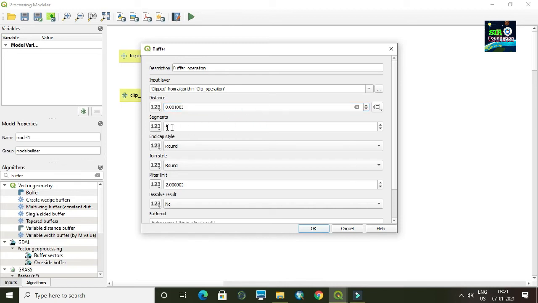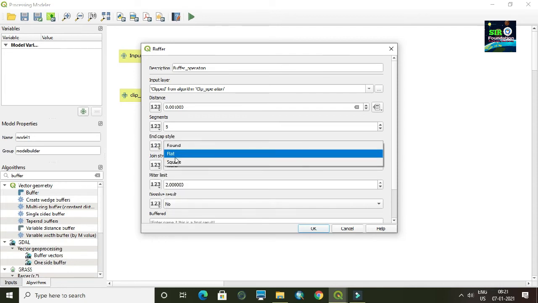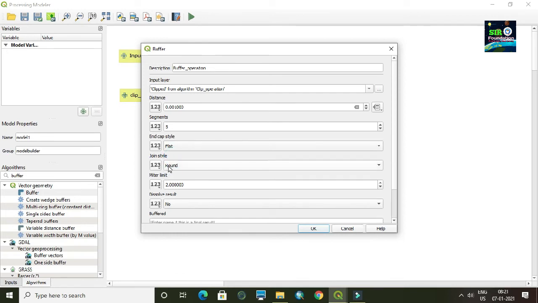Here I am not making any changes, because I don't want any changes over here. Then you can set up the end cap style and join style over here. So I want the flat end cap, and then I want the join style as round. Then miter limit, I'm not going to do anything with this.